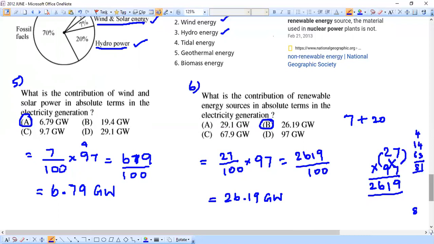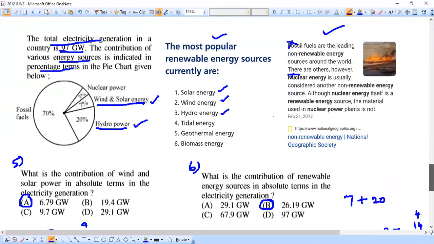At the same time, question number 6 involves a little knowledge of what renewable sources are and what non-renewable sources are, for which I've taken the sources online. So let me do a thing. I can even attach the link which gives you these sources. I'll post that link in the description box of this video.